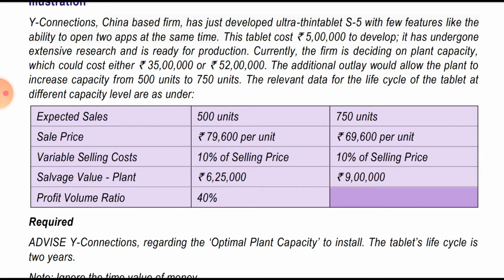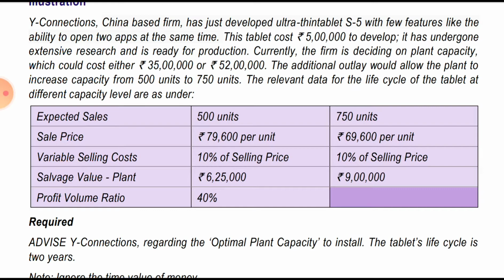If we calculate in thousands, because the answer is given in thousand, it will be 39,800. And the second will be 750 units selling price, 69,600. So just multiply 750 with 69,600. We will arrive at 520,200. And as this calculation is in thousands,